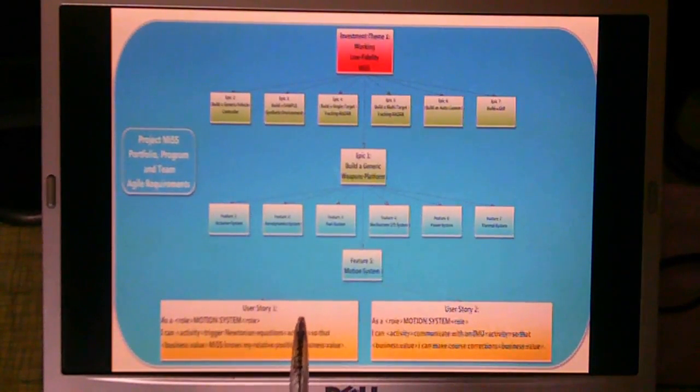So user story 1 instructs us to, as a motion system, I can trigger Newtonian equations so that MiSS, the Maritime Interdiction Simulation System, knows my relative position. And user story 2, as a motion system I can communicate with an IMU so that I can make course corrections. And you might notice here, if I am able to zoom in,